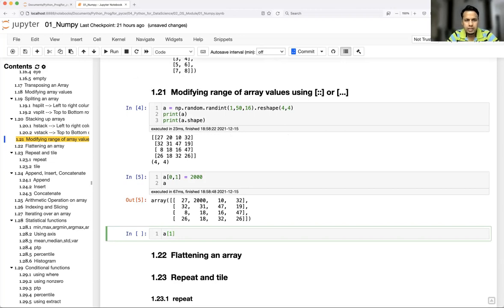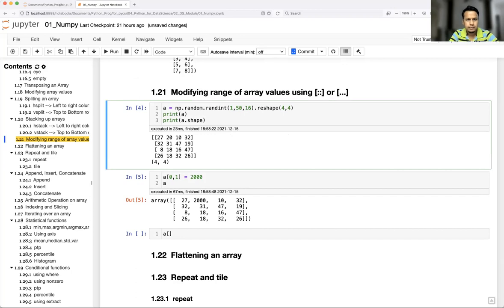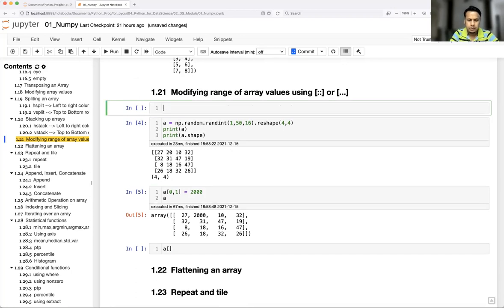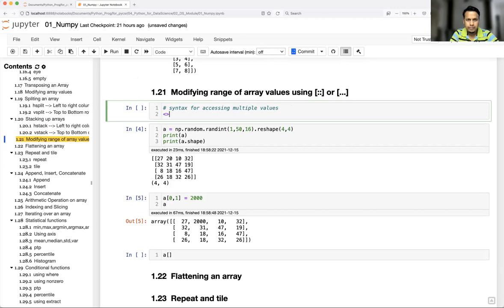So as I mentioned, let me just write here the syntax. Multiple values I'll mention. Okay, so here is your array, then here row, then after a comma it will be column. Okay, since you are accessing rows, the row is what? It is a list, right?